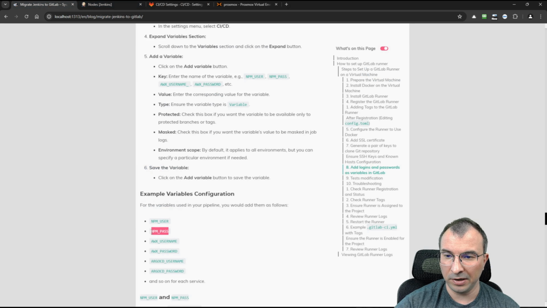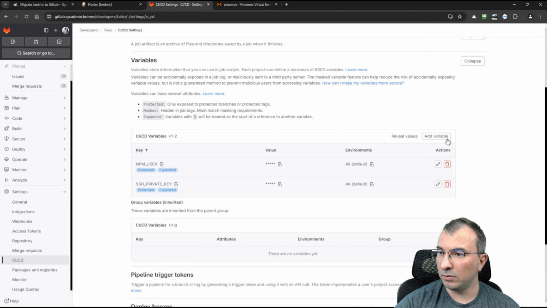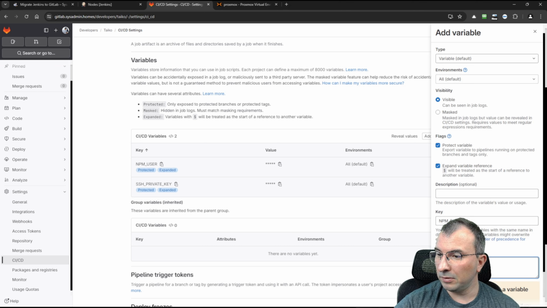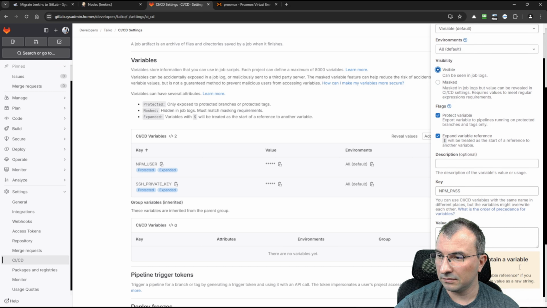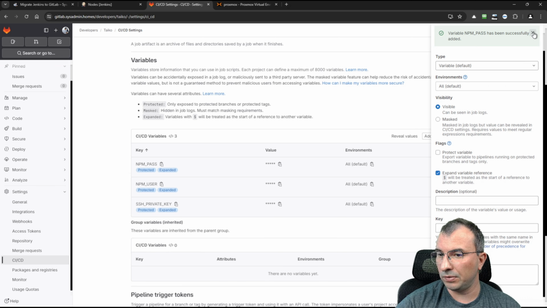So exactly the npm pass. Let's go back here and click add variable, the key, and now I need to provide the password. So I will put this value here, and I will use it as masked. This is very interesting. Okay, I will add it this way, and I will see whether it works as expected or not. And then the next step is just to